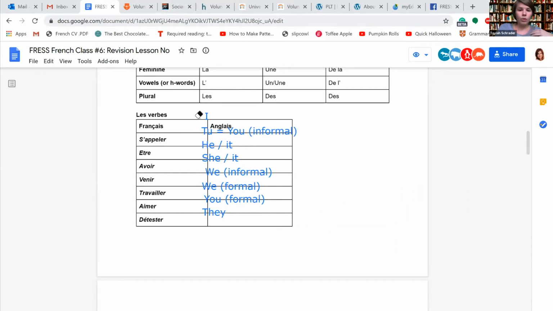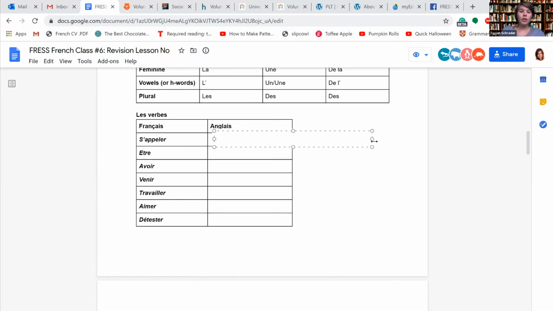Here we have most of the verbs that we have used over the last sort of 5 weeks in our classes to cover different topics, the ones that I showed you at the beginning of the class. So this first one, s'appeler, refers to call someone or to what you call yourself, okay? To call or to name yourself, okay?